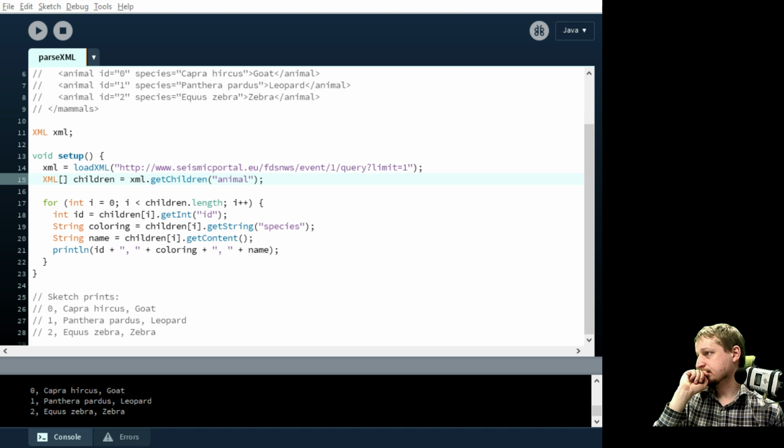I'm not sure. So it will get some XML children. I'm looking at the XML code. I mean, I can show you what it does. I should share here